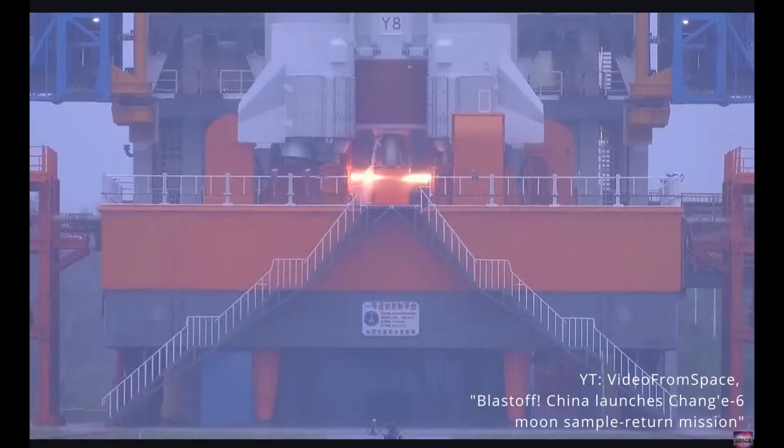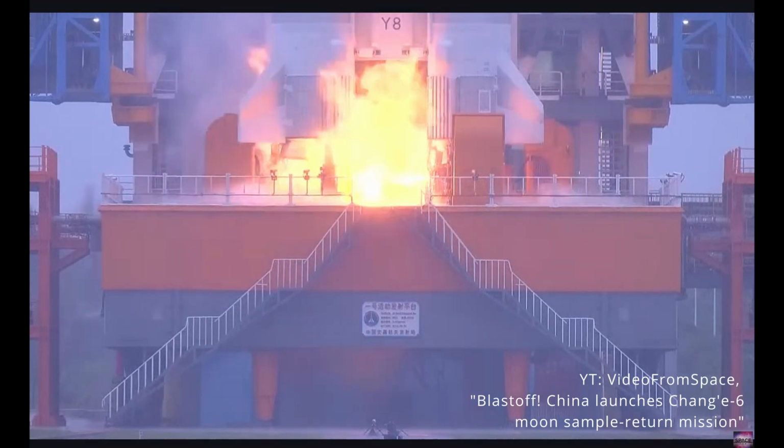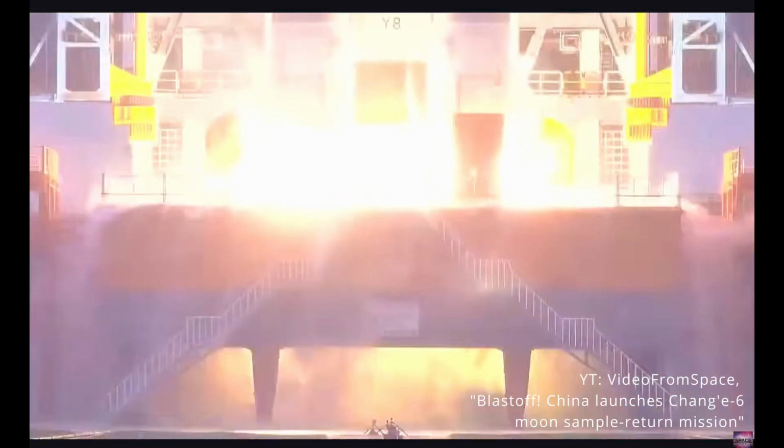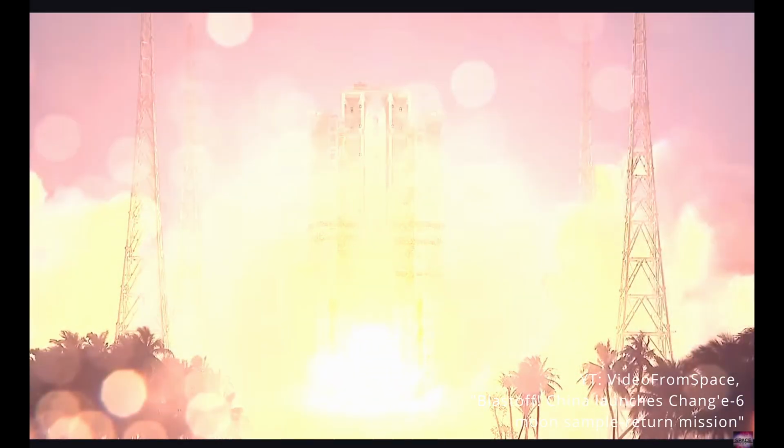Today we'll be looking at some of the major stories in aerospace this week. Starting us off, we have the Chang'e lunar lander's successful landing and launching from the surface of the moon. On May 3, 2024, China launched its lander with the mission of returning lunar rock samples from the far side